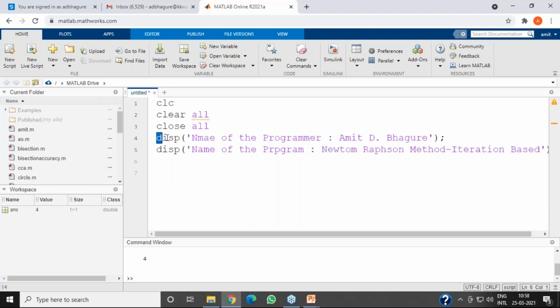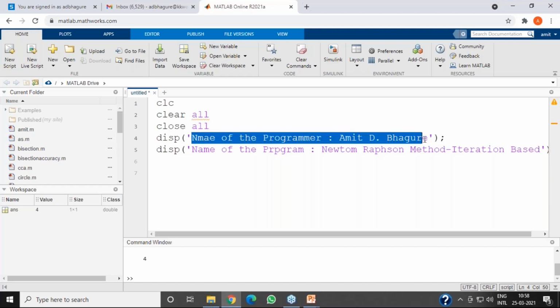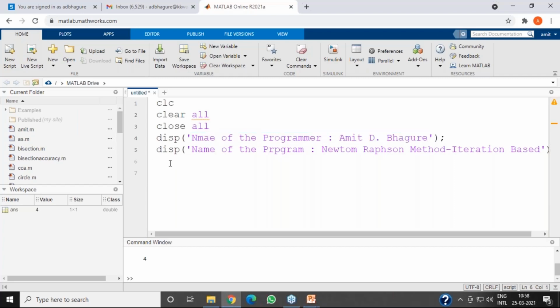Remember this syntax: for display, there is no need to write an equal to sign or anything else. Just write disp, then opening bracket, closing bracket, and in single inverted comma. This color will be pink or violet. Now I can write my original program.